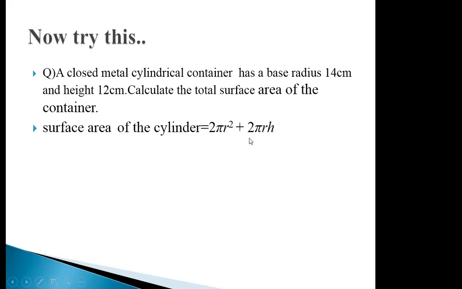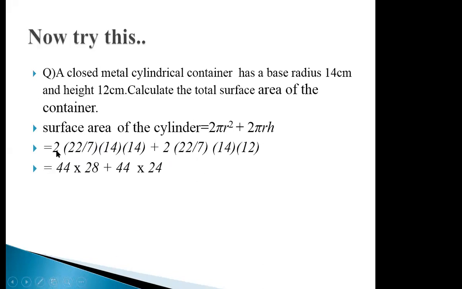Okay, so the surface area of cylinder is 2 pi r square plus 2 pi r h, right? Then you had to substitute the values, 2 pi r square, isn't it? The radius was 14 given to you in the question, and then 2 pi r and h, height was 12, right? Then you cancel 7 ones and 7 twos are 14, and 7 ones and 7 twos are 14. What do we get? 2 into 22 is 44, and then 2 into 14 is 28. Okay, then we have 2 into 22 is 44. Again, 7 ones are 7 twos are 14, 2 into 12 is 24. I hope everyone has got this step.